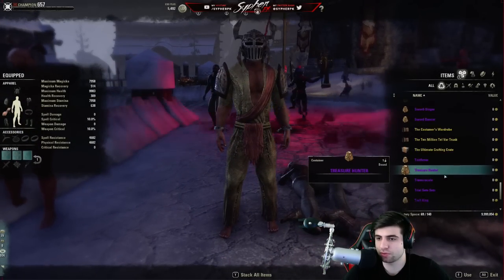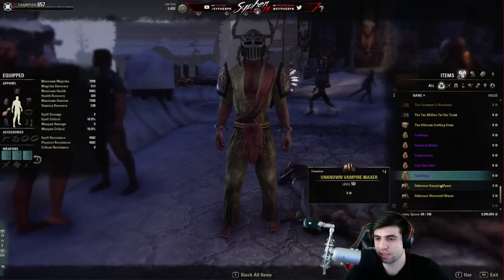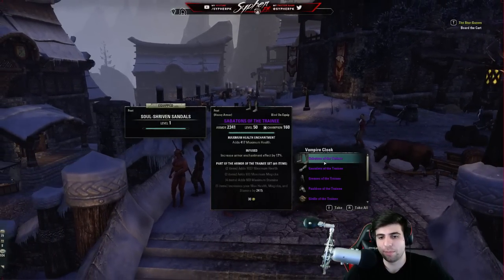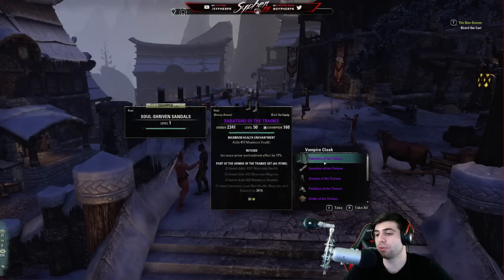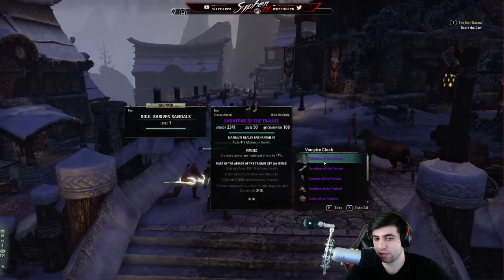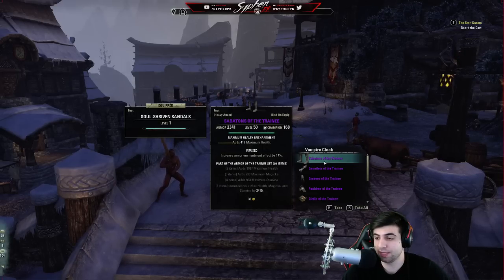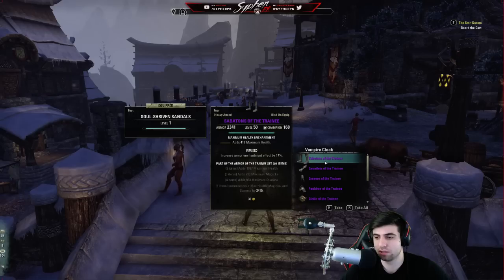We looked at True Throw. Tremor Scale. We looked at that one. Troll King. We looked at that one. Vampire Cloak. This seems interesting. Maximum health. Maximum magicka. Maximum stamina. I know you can use both. But the only way that the dual wield or the 2H one is even being used at all is if you're using the first one, the physical one. So